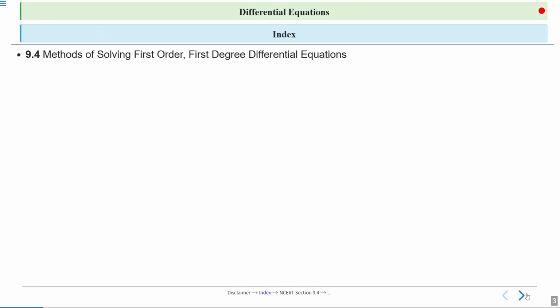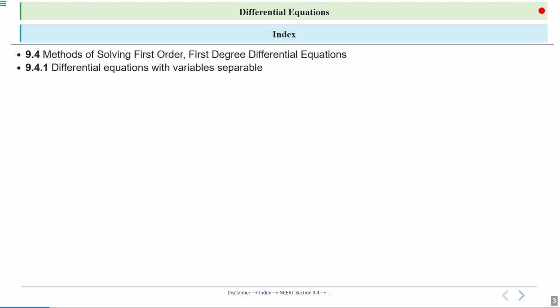So today's topic is an easy but powerful method for solving some differential equations, the variable separable method. That is used to solve first order, first degree differential equations. We already know how to calculate the order and degree of a differential equation. So today's focus is on the special kind of differential equation, that is of first order and first degree.